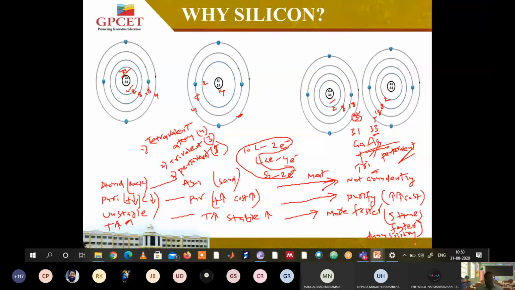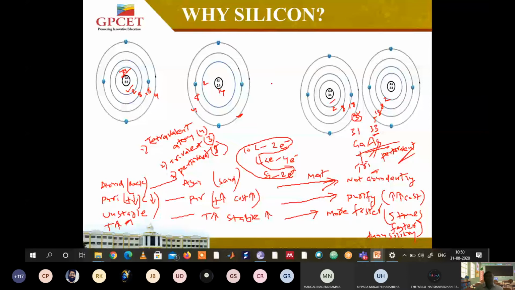So because the material is not available now, that is the first example. And purification of gallium arsenide cost is very high, but it is 5 times faster than that of silicon. So these are the differences between germanium, silicon, and gallium arsenide. Compared to germanium, silicon is the best used, whereas gallium arsenide is 5 times faster than silicon, but purification cost is very high.